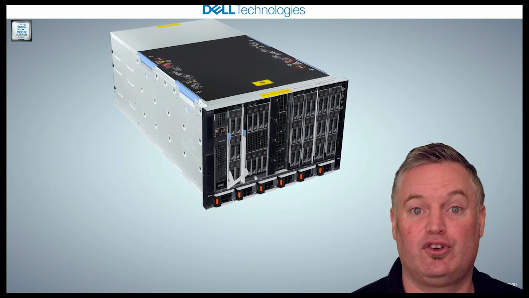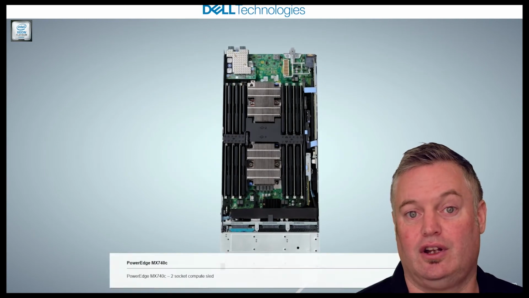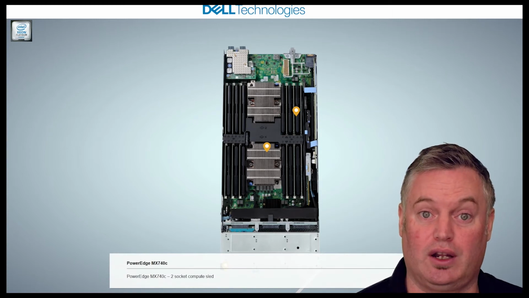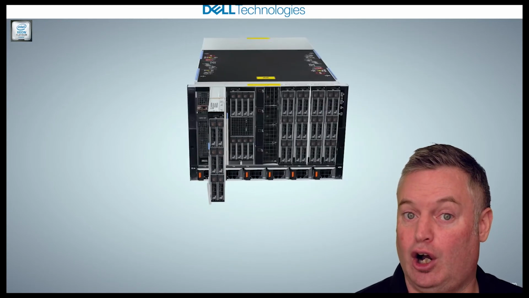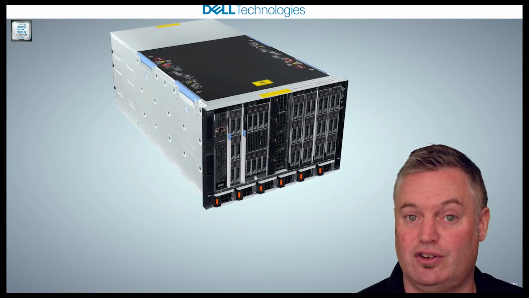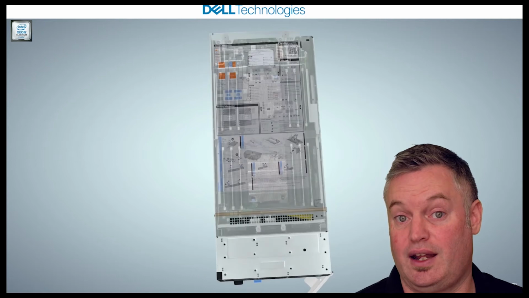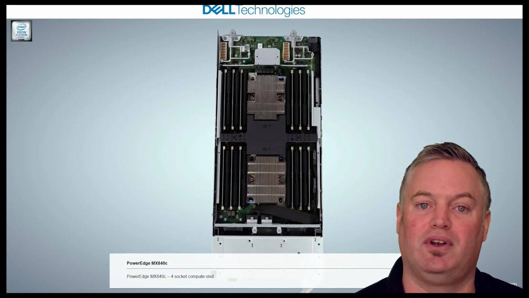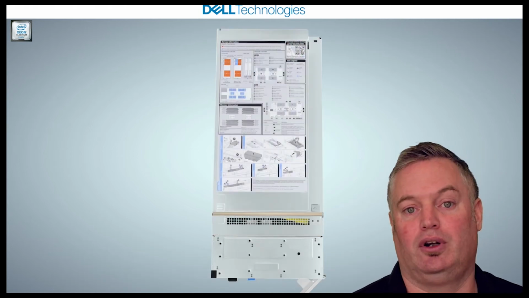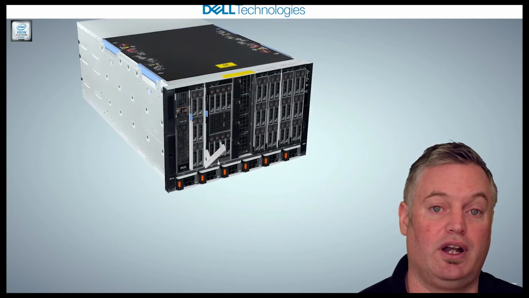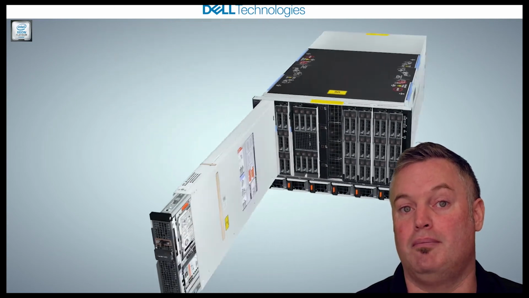What is it? At its core, it is a 7RU chassis that takes compute, storage, and networking all within that single chassis, all managed by our familiar Open Manage Enterprise interface. There are what would traditionally be called chassis management controllers. They now run Open Manage Enterprise, or a particular version called Open Manage Enterprise Modular. And we're able to put compute and networking, because of that kinetic infrastructure and that no mid-plane design